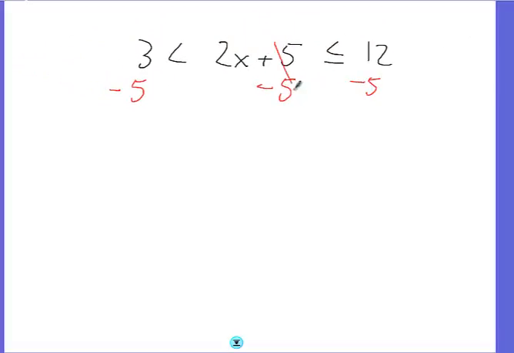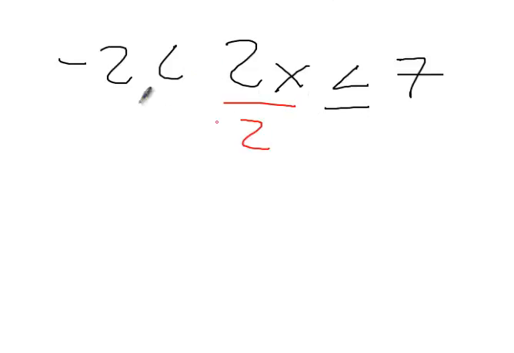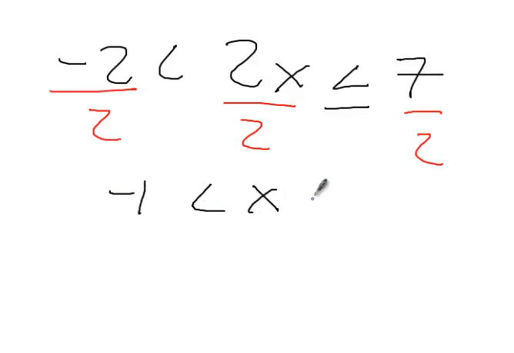All right, so you're left with -2 is less than 2x is less than or equal to 7. All right, and then again we must divide both sides by 2, divide that by 2, divide that by 2, and we get -1 is less than x is less than or equal to 7/2. All right, so what we must graph on our number line is going to be,